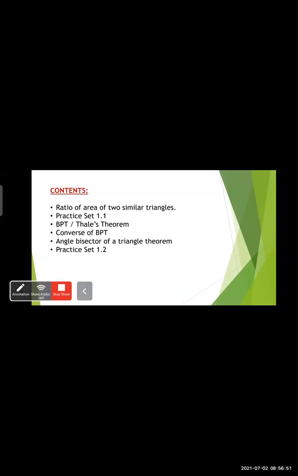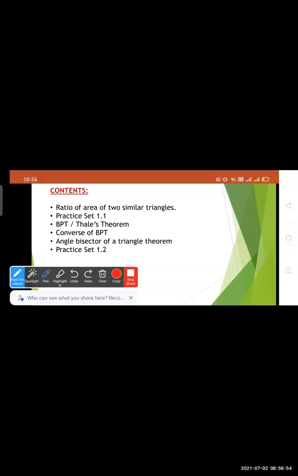So first we see what the altitude and base of a triangle are. See, this one is the triangle. Name it as A, B, C. We draw AD as the altitude, which is also called the height. This one is the height and BC is the base. Okay, students, so we consider here two triangles that are similar. Another one is PQR, and in this triangle we draw PS as the height. So clearly this one is the first triangle and this one is the second triangle.